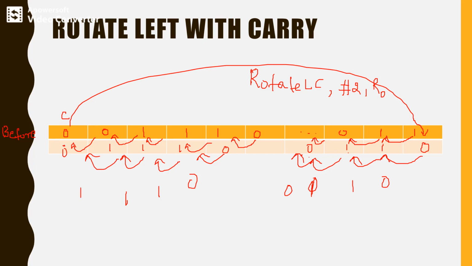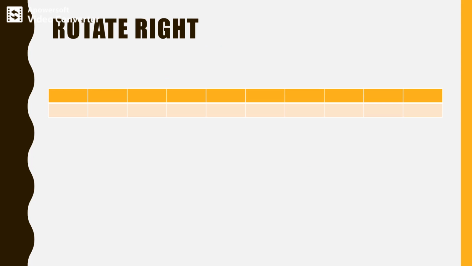This 0 will go to the last location. After performing rotate left with carry, this is the new value of the processor register.